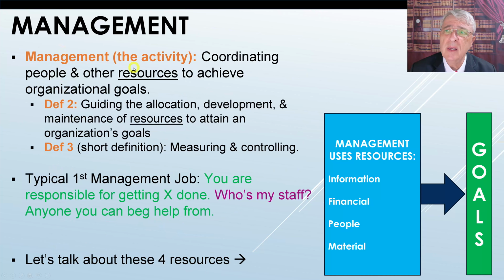Management, the activity, is all about coordinating people and other resources to achieve a goal. The second definition is guiding the allocation, development, and maintenance of resources to attain an organization's goal. That's a very formal definition. One of my favorite definitions, and something I always keep in mind as a manager, is my job is about measuring and controlling. I'm supposed to find out what the good stuff is, what the bad stuff is, do more of the good stuff and less of the bad stuff, and you do that with solid, accurate measurements,